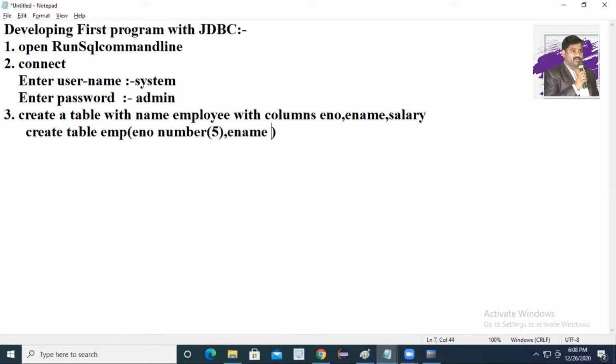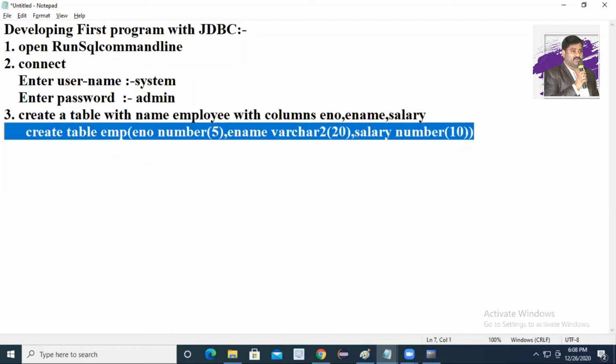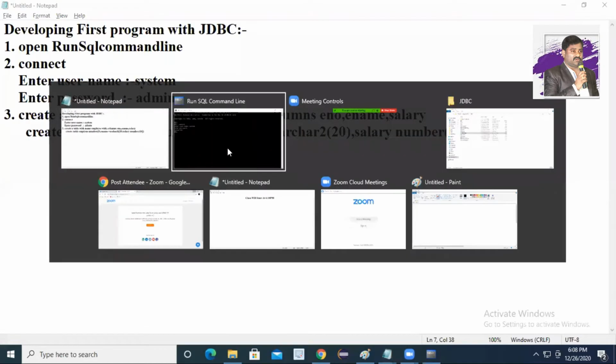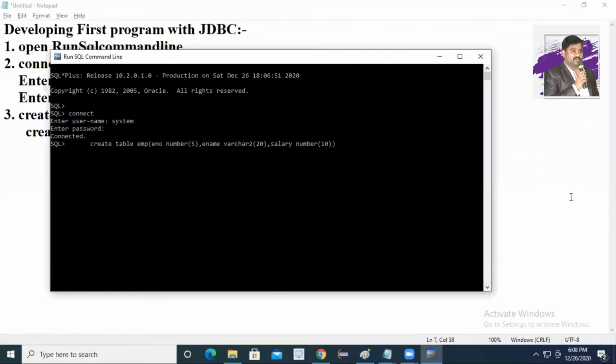Here you can give data type varchar2 of 20. Then you can create salary. Data type you can give number, number of size 8. You can give anything. So this is how you can create the table. First of all, you have to create the table. Is it clear? Are you following, everyone?